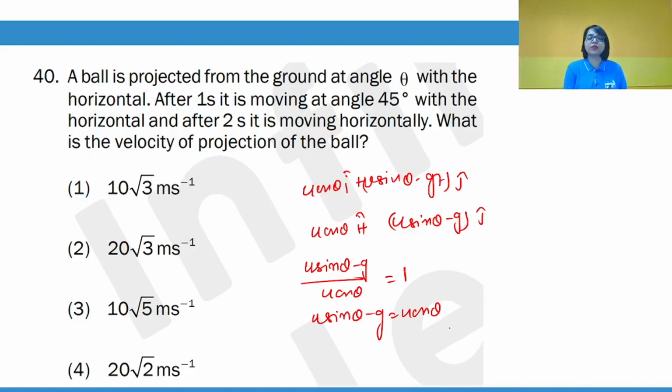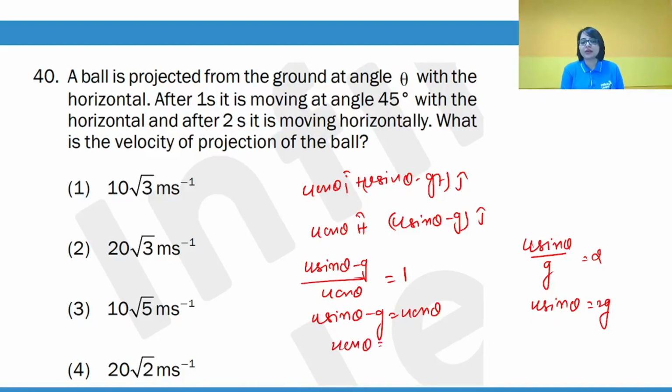After 2 seconds, it moves horizontally. That means only the horizontal component of the velocity is present. So 2 seconds is half of the time of flight. So half of the time of flight is u sin theta upon g, that is equal to 2. So u sin theta is equal to 2g. So if you put the value of u sin theta in this equation, you will get u cos theta as